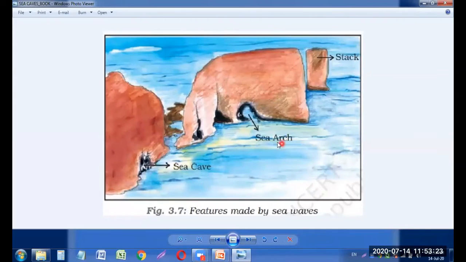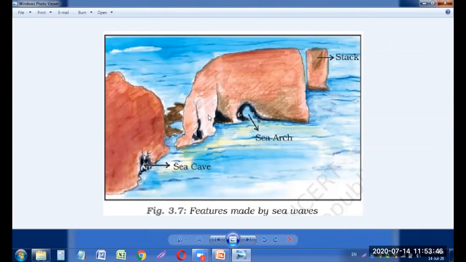And you can see over here, when there is a hollow passage, when this hollow passage goes all the way through the rock, then water flows in between. Then it is known as a sea arch. You can see over here in the photo, sea arch. And when it is separated, these are known as stacks. When the rocks get separated by the water, the roof also disappears. There is no roof. You call it a stack also.